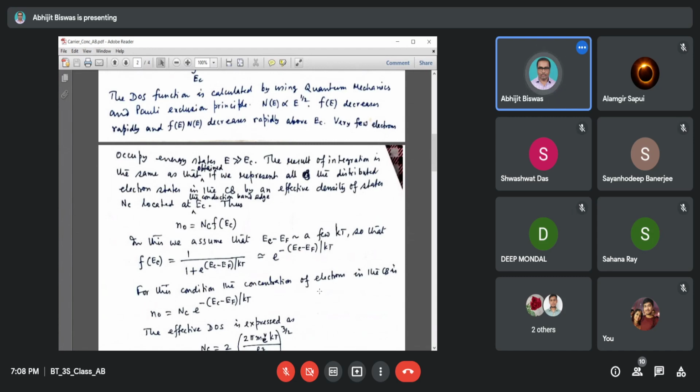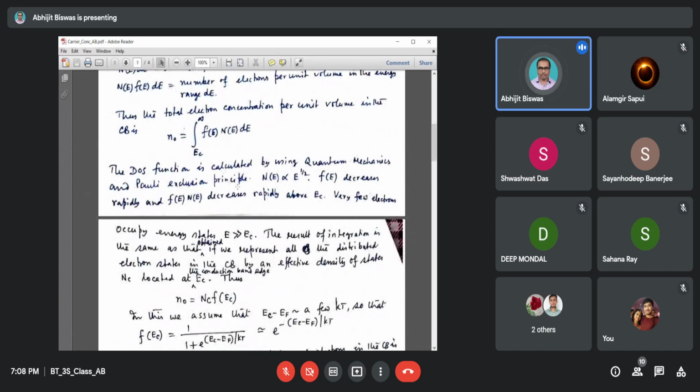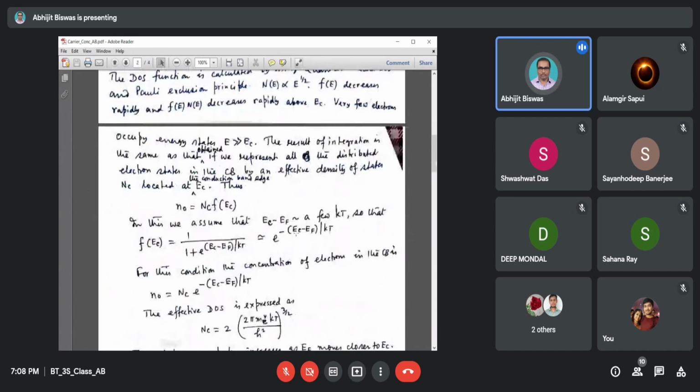Therefore, this integration n0 equal to the integration from EC to infinity of Fe Ne dE will reduce to this simple form, n0 equal to NC into f of EC, and it is justified because of the